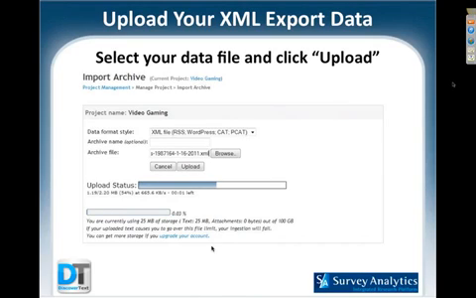Once you select your file type, say it is an XML download from Survey Analytics, you'll get a message once the upload is initiated, and then again a notification when the upload is done. These move along fairly quickly. I won't do it live here on the demo today, but if I go into Facebook and capture a live feed from the White House Facebook page, it'll take about 5 or so minutes to gather together about 30 or 40,000 comments off of that page that represent the last 6 months of comments on that page. Next slide, please.